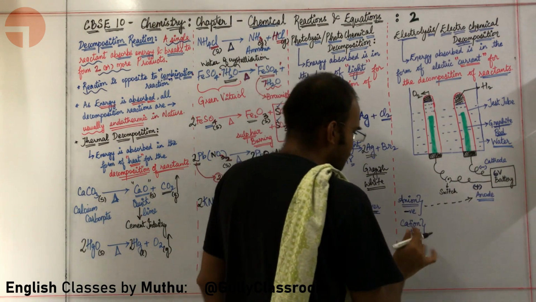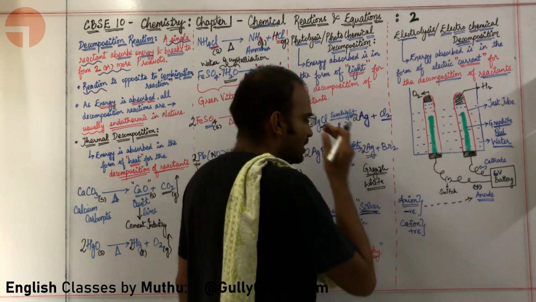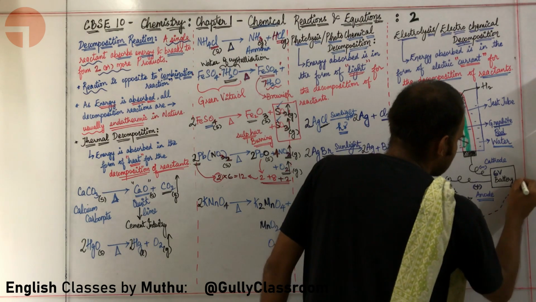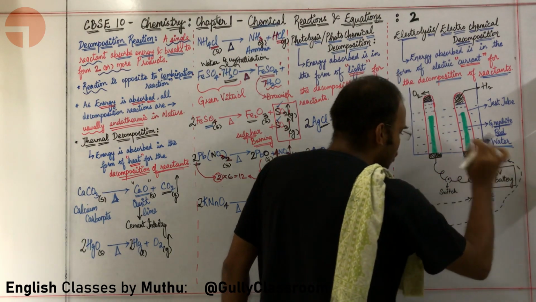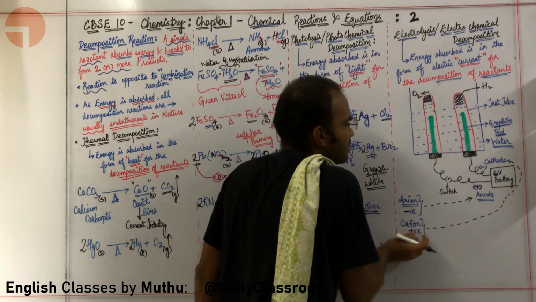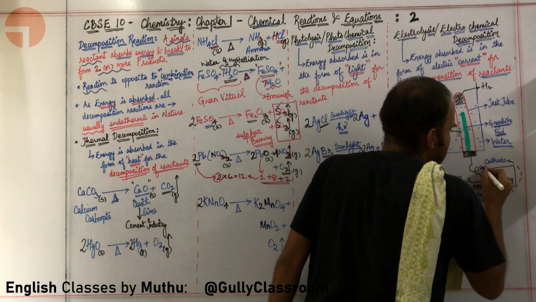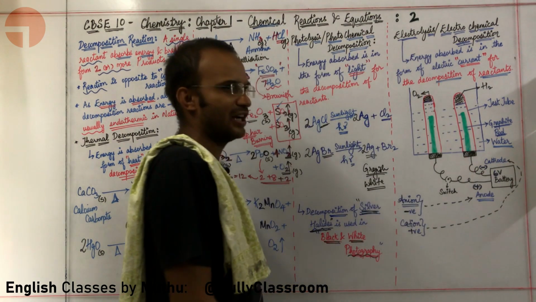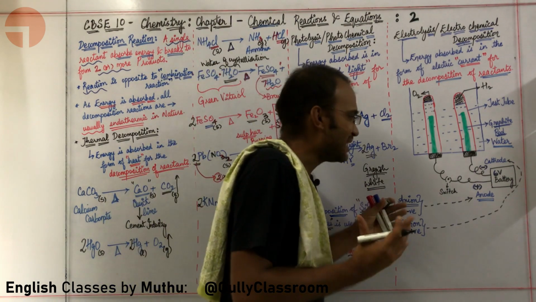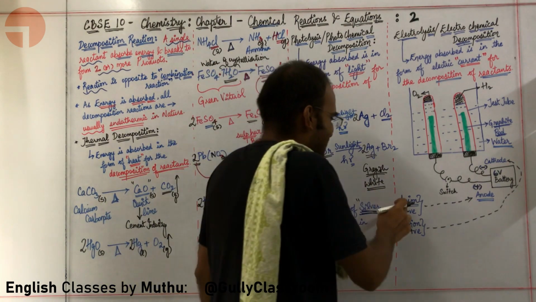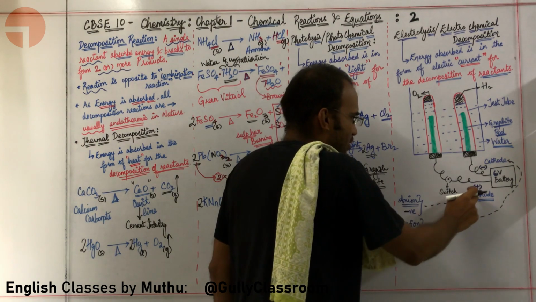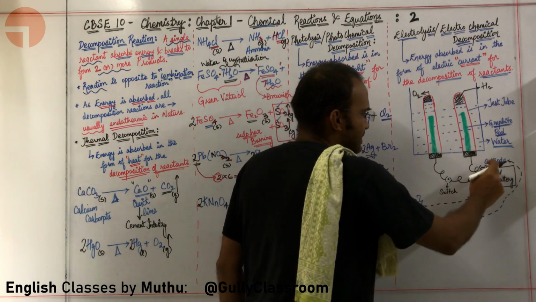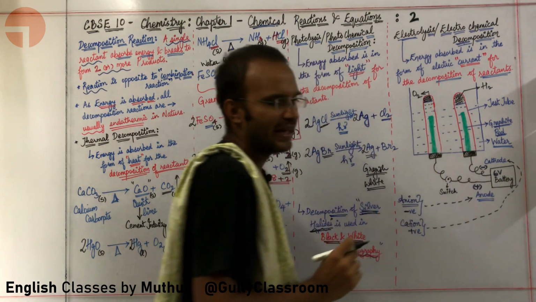Once more, cation is positive. Cation positive means it will be attracted towards the cathode. Why, sir? Cathode is negative, so positive will be attracted towards the negative. Unlike charges attract each other. Anion negative is attracted towards anode positive. Cation positive is attracted towards cathode, which is in fact negative.